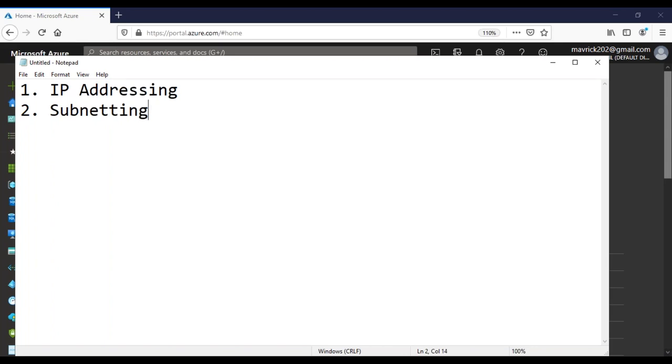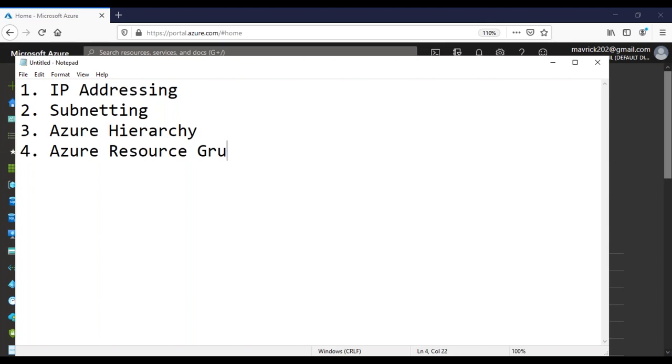We're not going to do a great deal about this one, but you need to know the fundamentals of how IP addressing works as well as how subnetting works. My plan is to use half an hour, or max 45 minutes, to help you understand how to divide the network basically. And third, we're going to talk about the Azure hierarchy. And then we're going to discuss Azure resource groups.